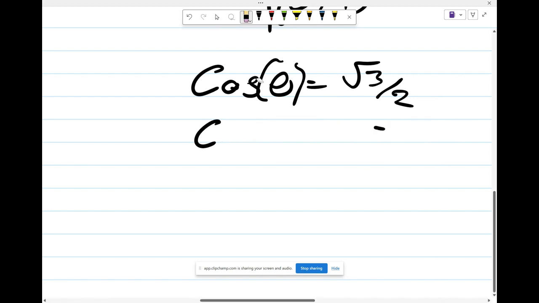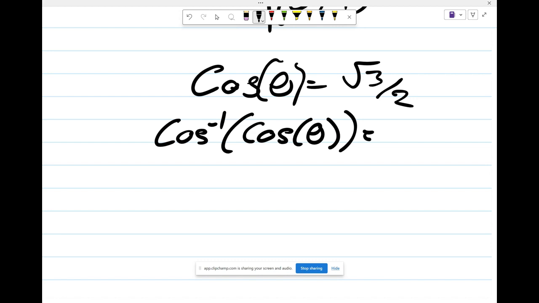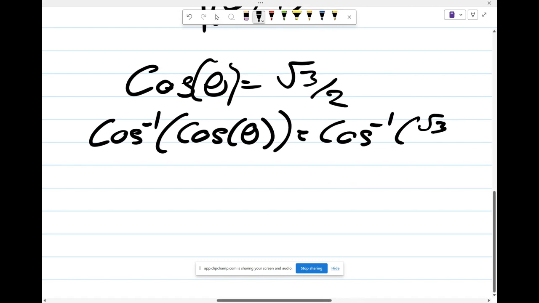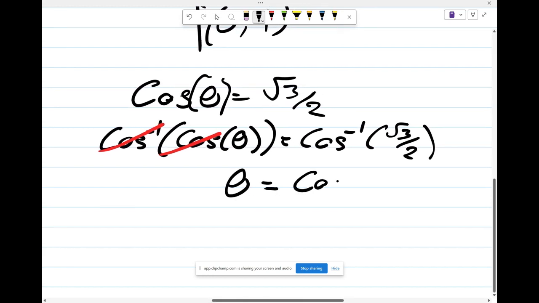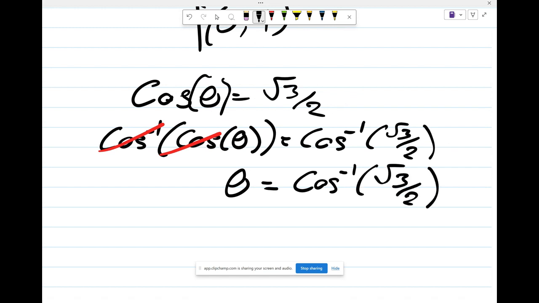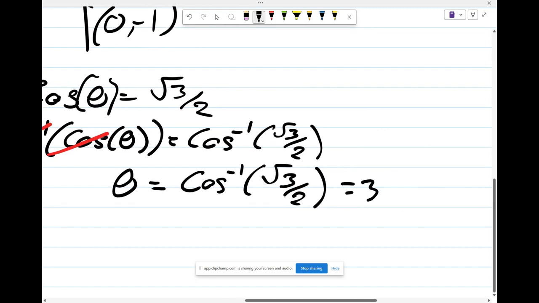Another way to think about it would be, think of cos inverse as the opposite of cos. So if we think about it like our logs and our bases, if we take the cos inverse of both sides, like we took the log of both sides to get rid of the e, the cos inverse is going to be the opposite of the cos, so it's going to cancel and leave us just with theta. And then this here is just a number we can put in our calculator, cos inverse root 3 over 2. And that'll give us 30 degrees, just like